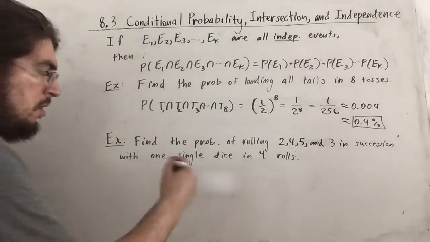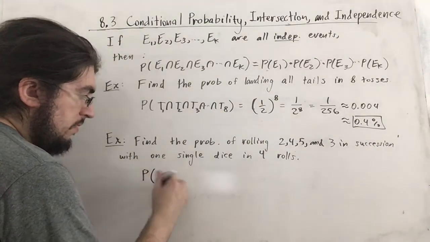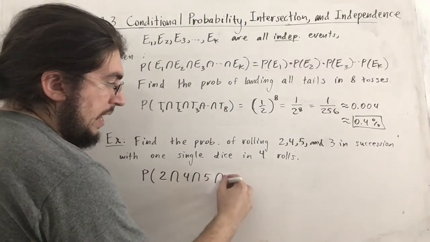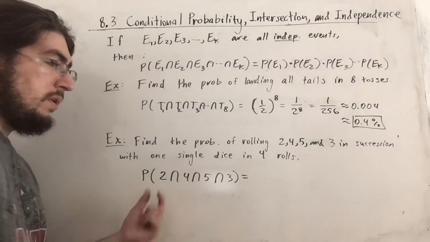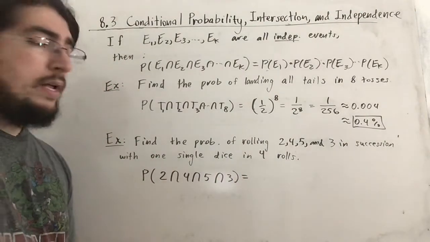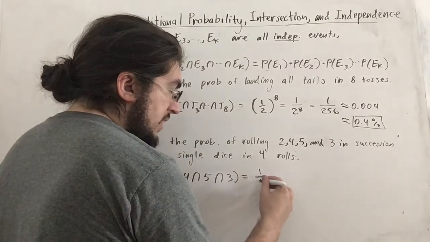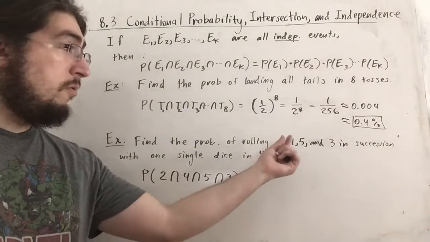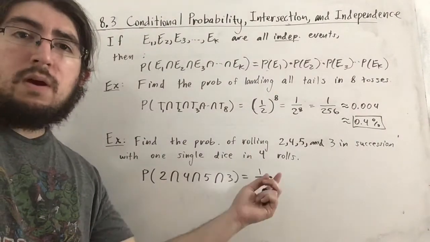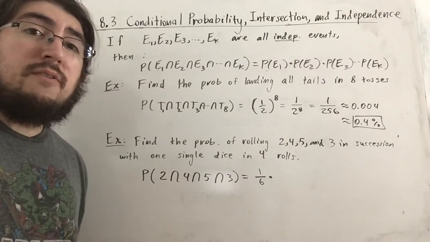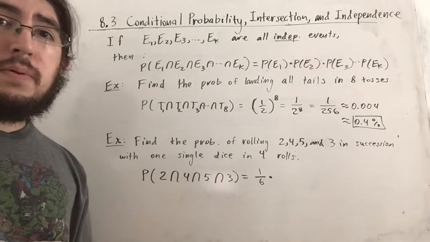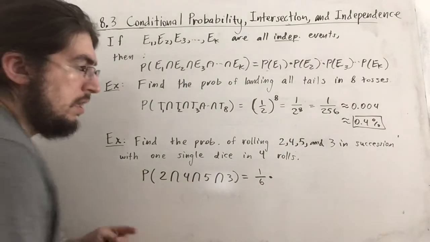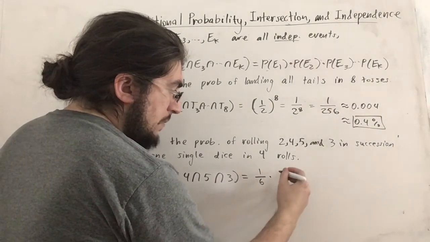So here we want to find the probability of rolling a 2 and a 4 and a 5 and a 3. And this is the same as the probability of each one of these all multiplied together. Now the probability of rolling a 2 is 1 out of 6 possibilities in one single roll of the dice. And the same actually goes for 4, 5, and 3. There's only 1 four, only 1 five, only 1 three. So in every single dice toss, each of these probabilities is 1/6 in its own right. So with that being said, this is just 1/6 times 1/6 times 1/6 times 1/6,